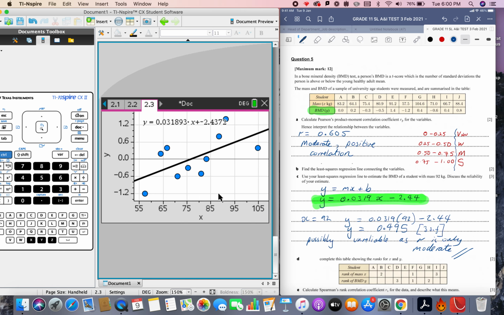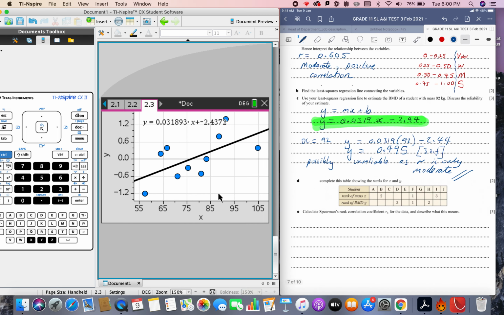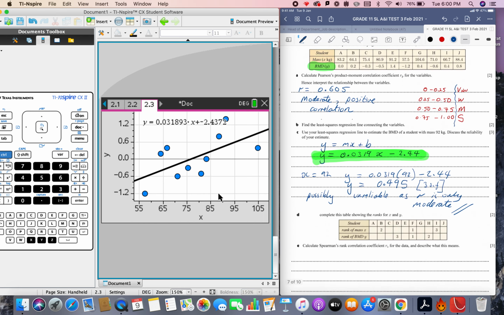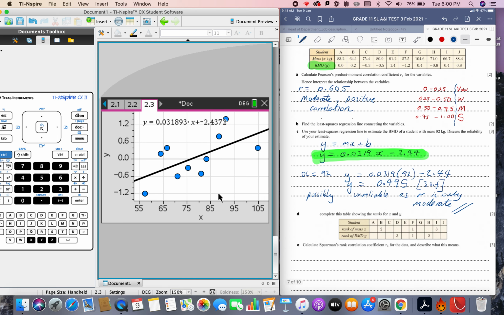Now if there's an outlier, or if there isn't a linear pattern, but there is a pattern but not linear, then we would use the rank, and that is Spearman's, and that's what the next part tells you to do. So we would have to compare the above numbers with the below numbers, and best you just do this straight on the page. So we've got a 1, we've got a 2, and we've got a 3, so we can